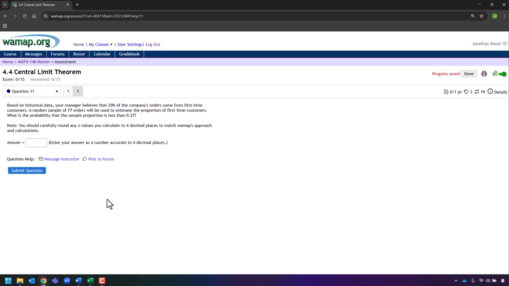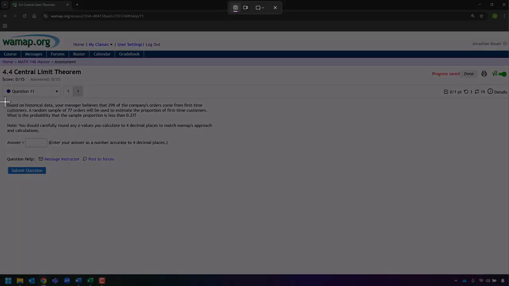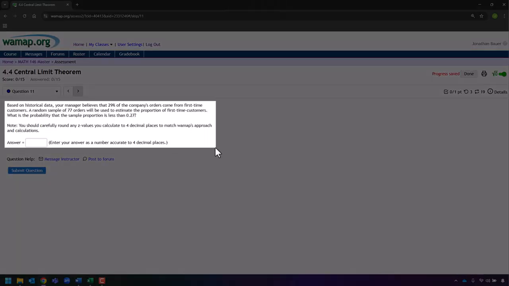So, based on historical data, your manager believes that 29% of the company's orders come from first-time customers. A random sample of 77 orders will be used to estimate the proportion of first-time customers. What is the probability that the sample proportion is less than 0.27? And then we have a note here, z-scores, on how to do those if you need it. So I'll snag this here,